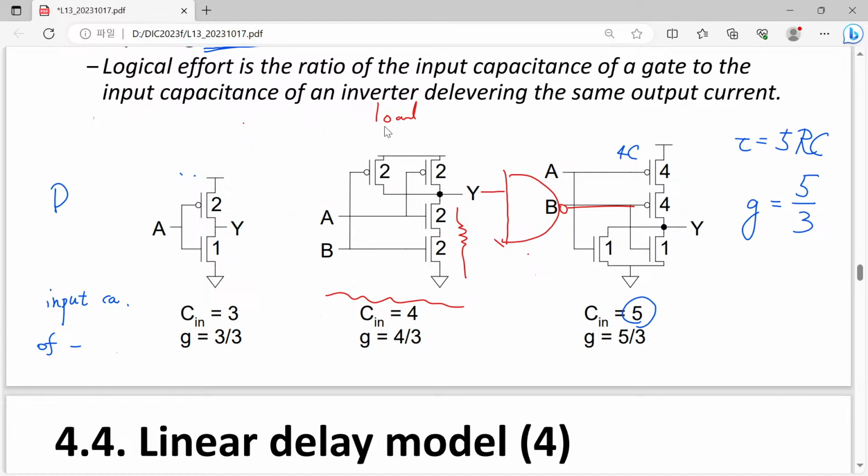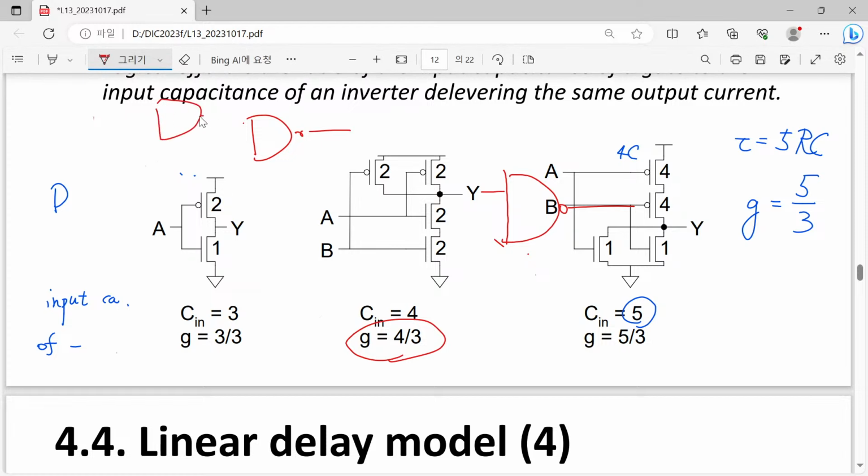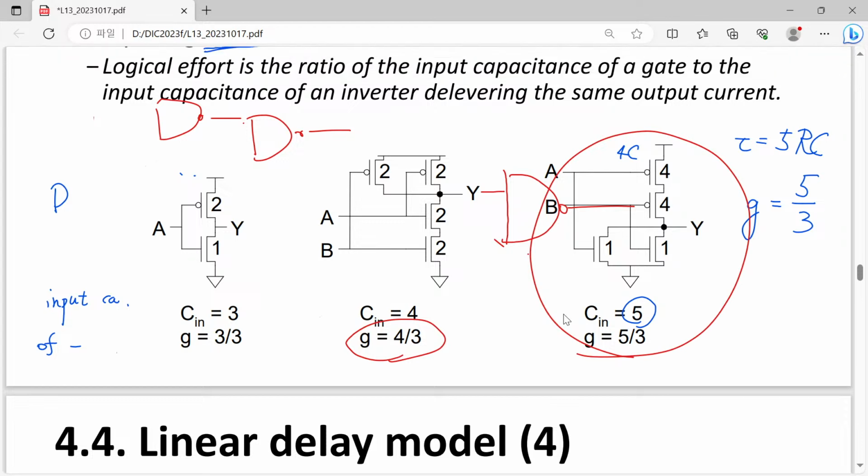But please note that in this kind of calculation, we always assume the same type of logic gate. I mean that this G, this logical effort, is considered when a 2-input NAND is driven by a 2-input NAND, and in this case, we are considering the 2-input NOR is driven by